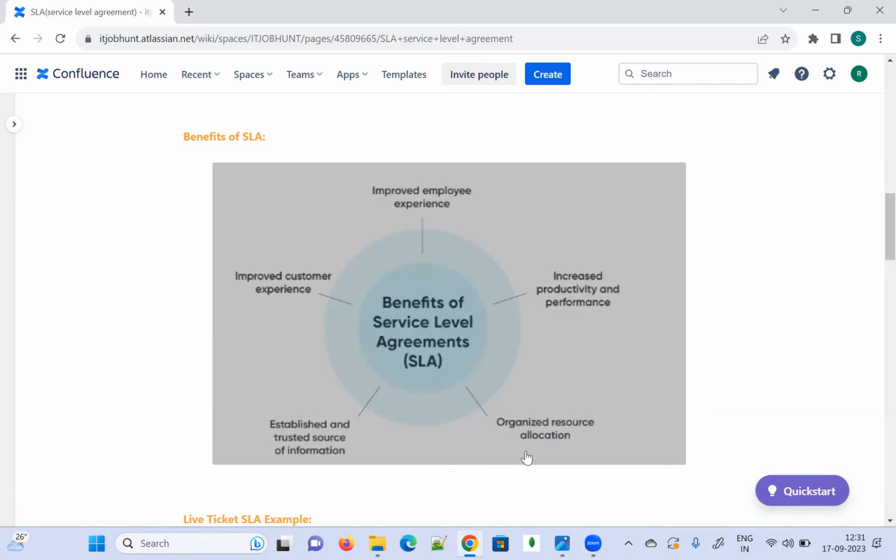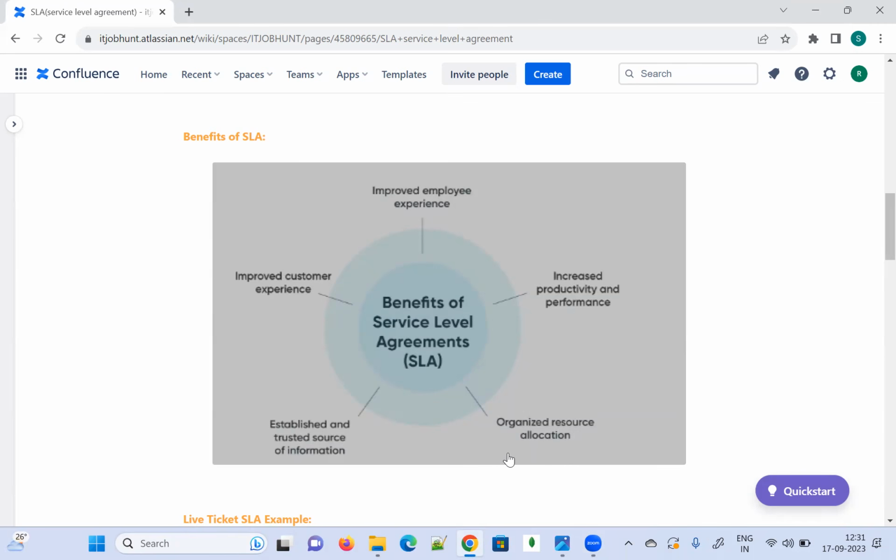For example, if SLAs are not being met within the particular timing, and we are missing the resolution of tickets in that timing, at that time we need to allocate more resources to meet those conditions. We can allocate more resources during the peak hours. Like this, we can make the resource allocation correct.